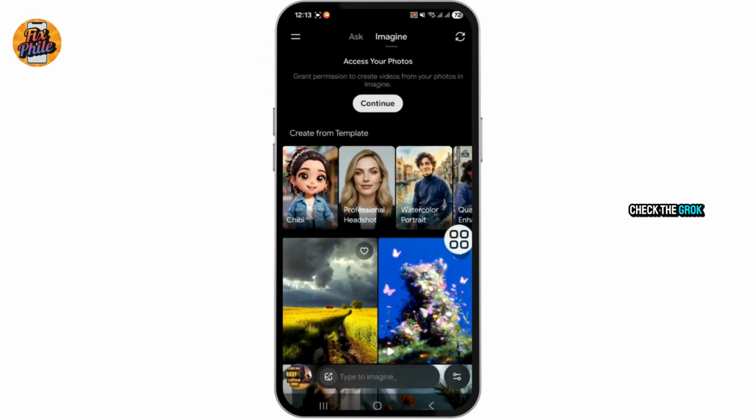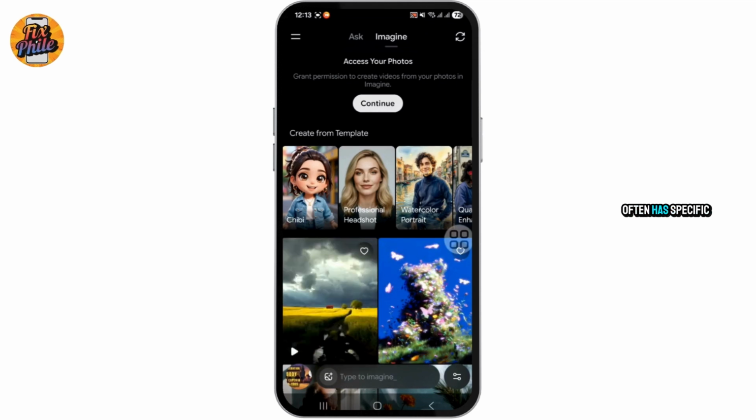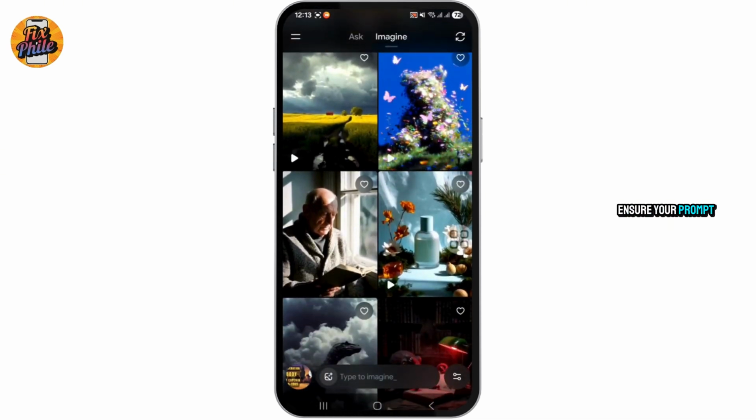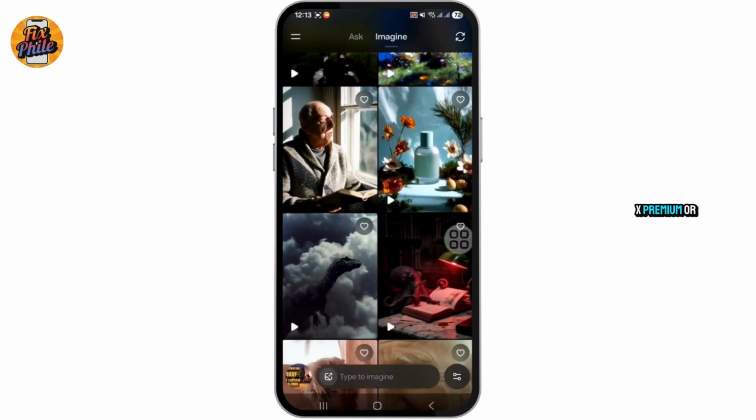Next, you want to check the Grok Imagine limits. Grok Imagine's generation often has specific restrictions. Check if you've hit your hourly or daily generation limit. Ensure your prompt doesn't violate safety guidelines and verify your X Premium or Premium Pro subscription is active and hasn't